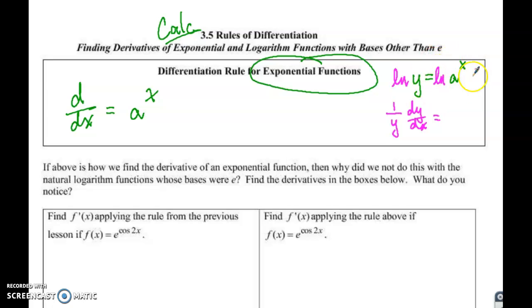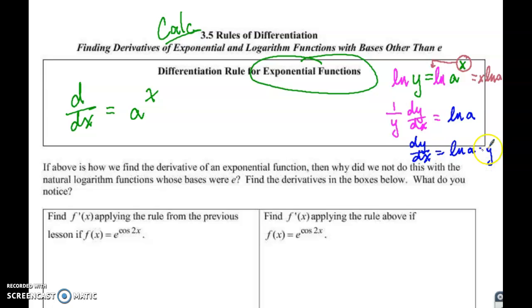And instead of taking the derivative of this, I would just move the x in front, and natural log of a is just a constant. I guess I should have rewritten it first. x natural log of a. Well, since natural log of a is just a constant, and we have x to the first power, the derivative of this is just the constant, natural log of a. So dy dx is equal to, as I multiply y over,